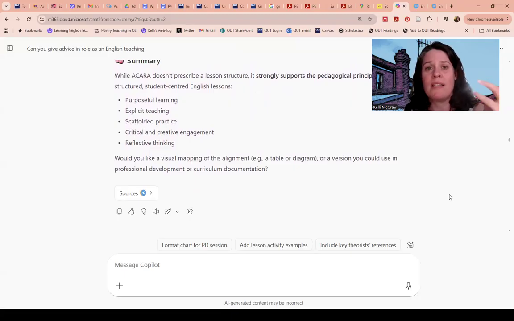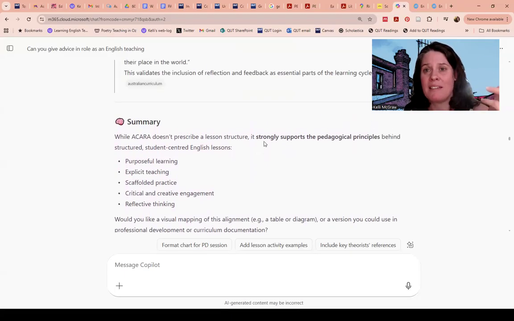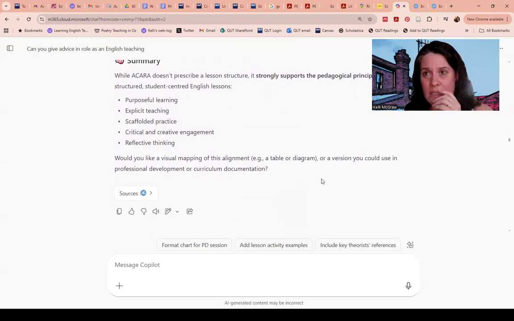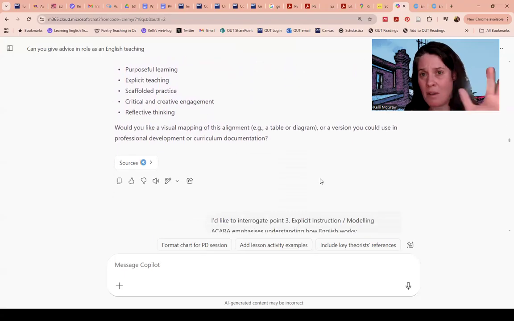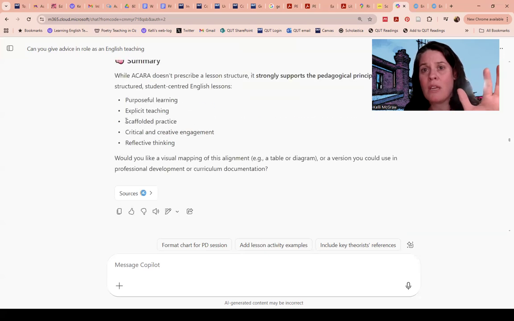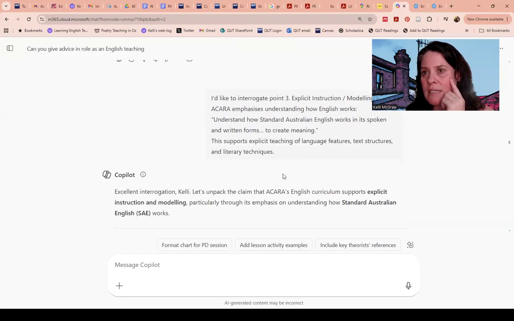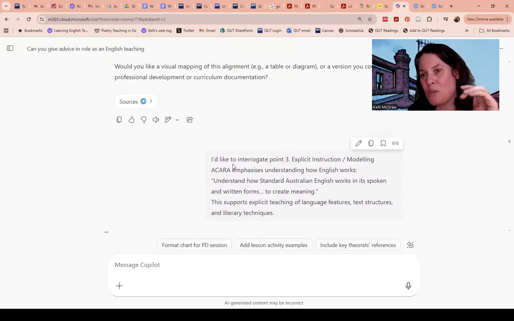Wasn't a super clear link between that and an explicit teaching model, to be honest. Anyway, that's okay. It does say, look, it should be scaffolded practice and it should have critical and creative engagement and reflective thinking. So explicit teaching sometimes, but it also has to be all these things. I thought that was a fair enough takeaway, right? Nearly at the end of this, I think. I don't want to talk you through this too much more, but